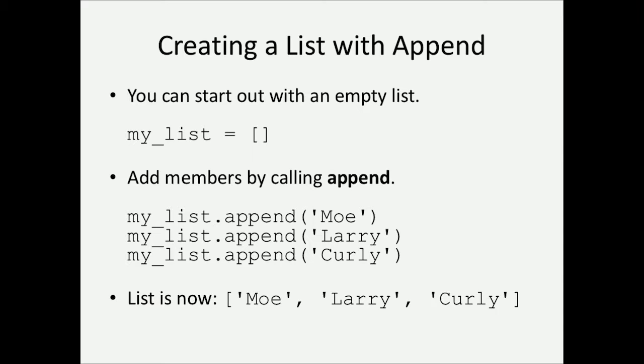And then if we want to add members, we can do that at any time. We can do this dynamically, so we can grow the list or shrink the list anytime we want in response to program conditions. And the way to grow a list is to use the append method of lists. All lists have the append method. And the append method simply says, add this thing to the list. In this case, we started empty, we added Mo, we added Larry, we added Curly, and now we produced a list with 3 elements, Mo, Larry,